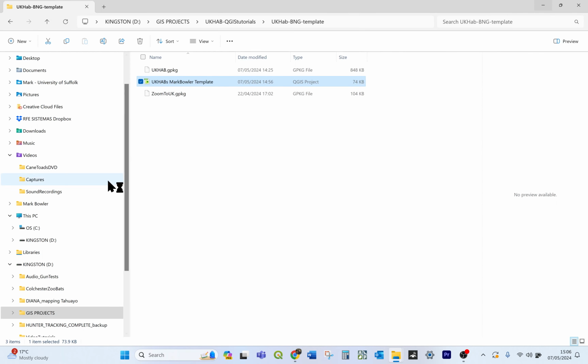In this tutorial, I'm going to show you how to use a template that uses UK habitat styles and biodiversity net gain calculations based on the template produced by Natural England. You're going to need all three of these files. So this is the project template, and it refers to the UK Hab GeoPack file by QGIS, and optionally the